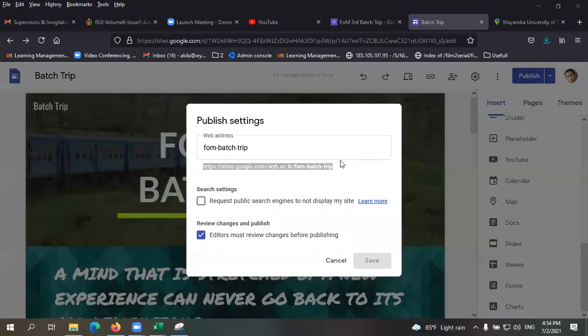Excuse me, sir. Can't we search this site from Google by typing this site? No, it will not appear in Google search because this is just a personal website. So those will not appear in Google search, and we always have to send the link. Okay, sir.